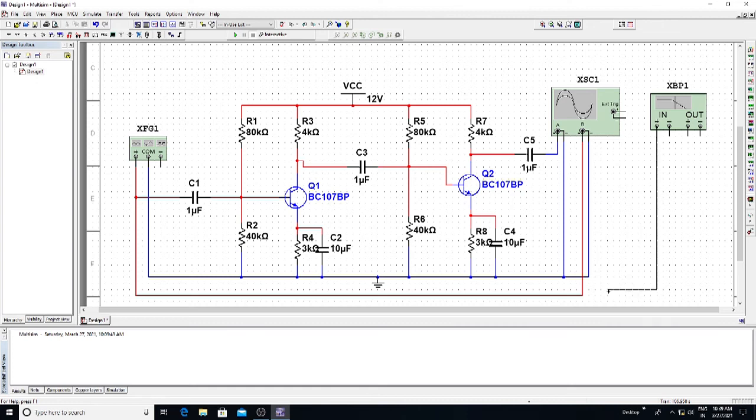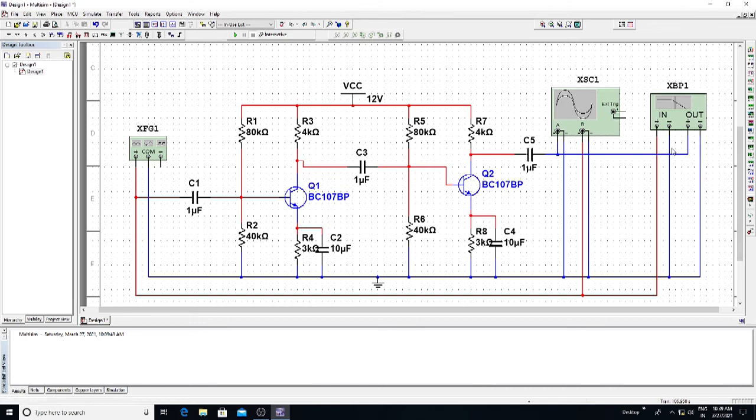So this line indicates it is the input signal which you have connected to the positive of the common point of the function generator, and negative should be connected to the ground. This output should be connected across the capacitor, and this output should be connected to the common point, that is nothing but ground.